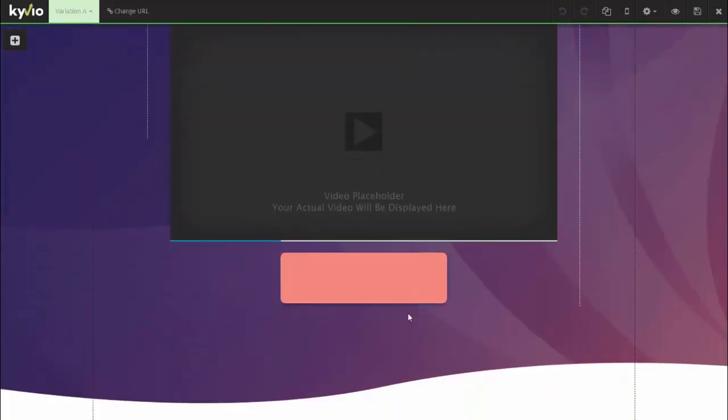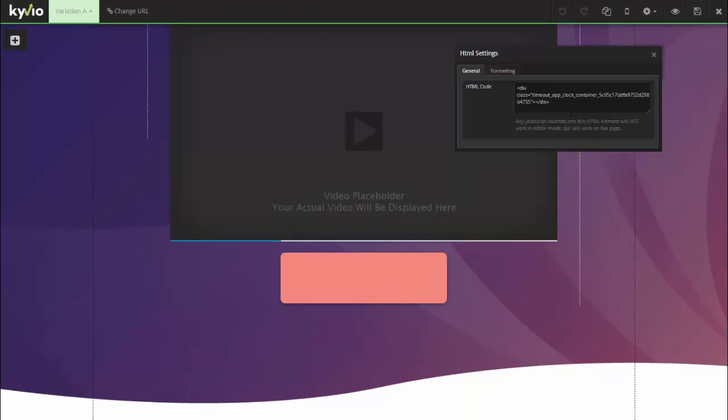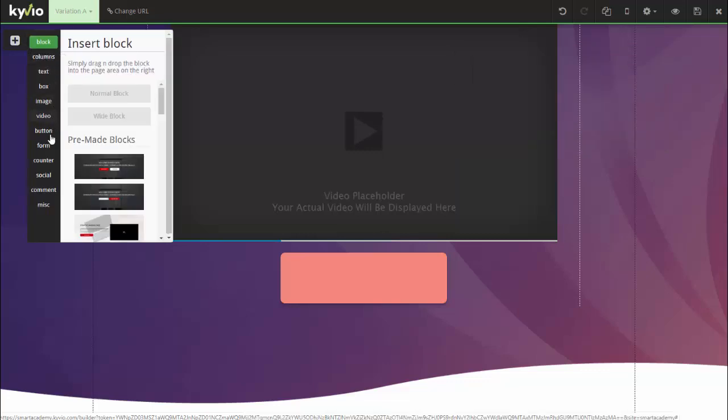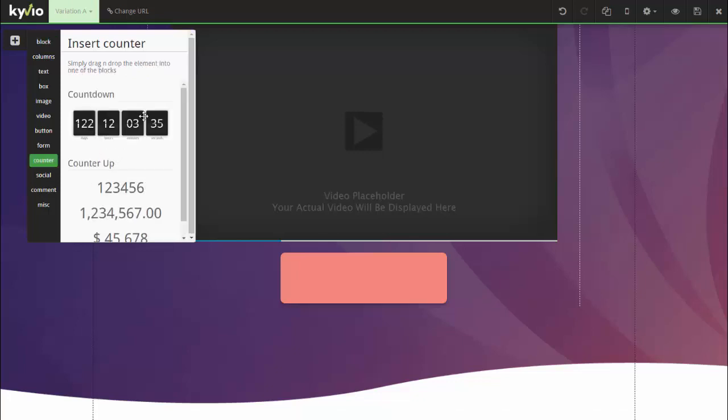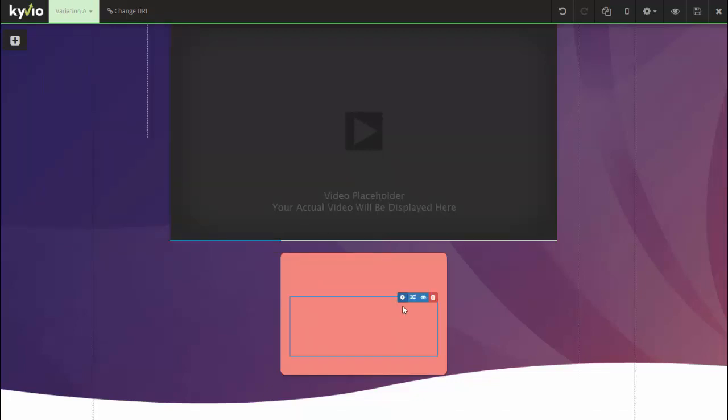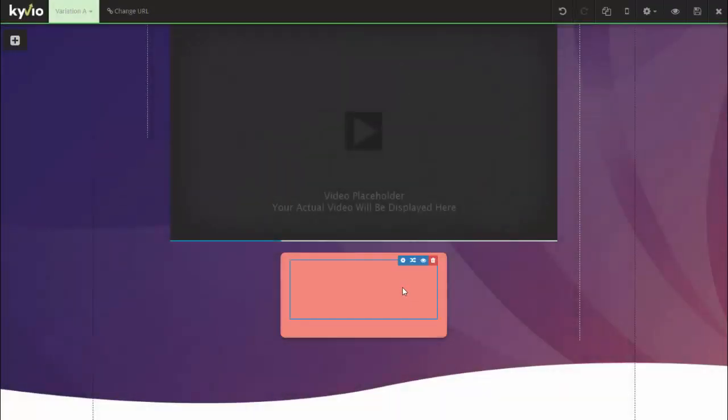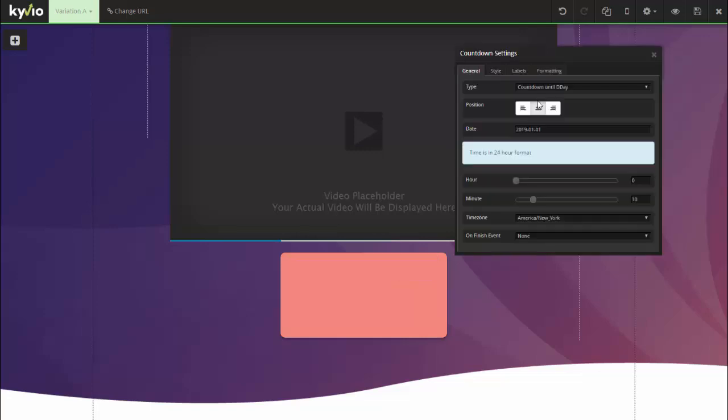And you'll see I have countdown timers here too. And based on timeout, which I'm using, it's forcing me to go to the next page. So I'm just going to get rid of this for now. Instead, what I'll do is I'll use an actual timer from within Kyvio. Let's go to counter. There we go. Okay, so I'm going to use this timer,